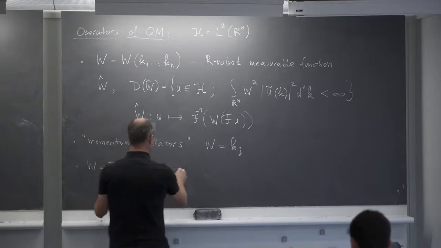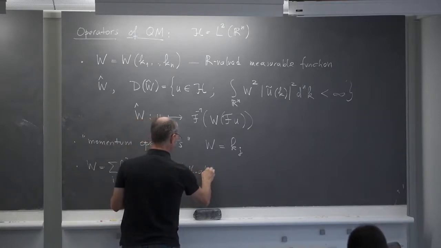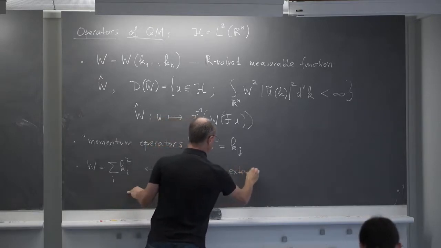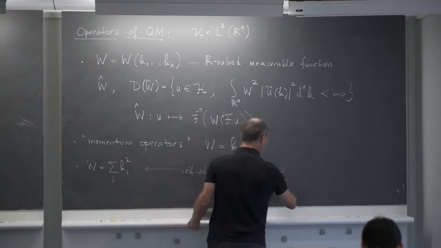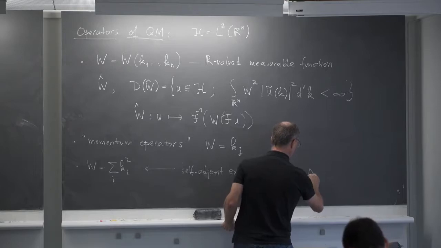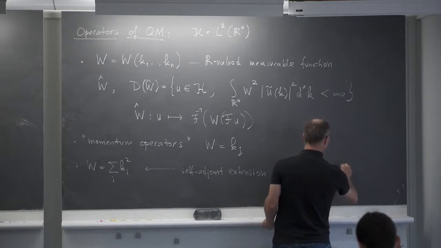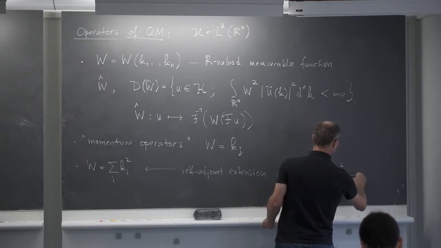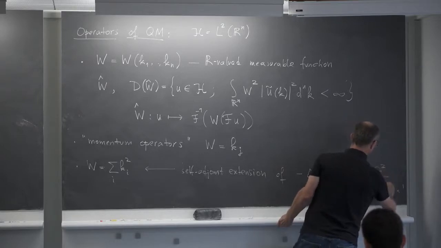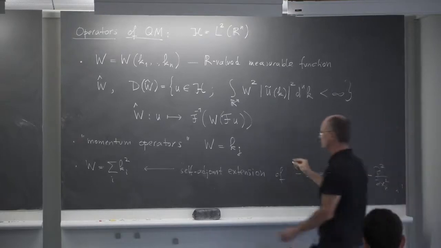And this corresponds to the self-adjoint extension of the operator minus Laplacian, so minus d2 over dx1 squared, minus d2 over dxn squared. So these are